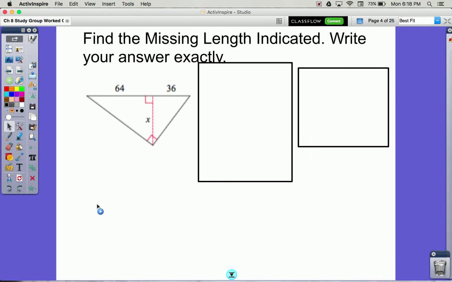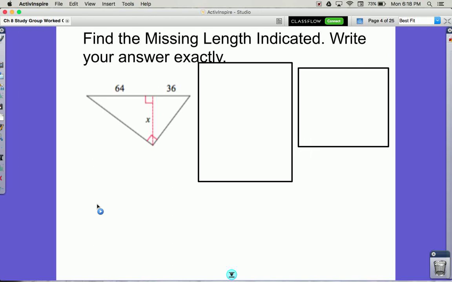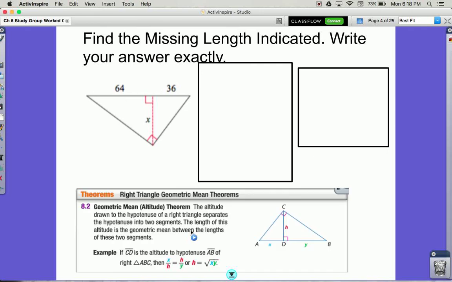On this one, it says find the missing length indicated and write your answer exactly. This is something you guys really struggle with, so I pulled out the theorem that goes with it. It says that the altitude drawn to the hypotenuse of a right triangle separates the hypotenuse into 2 segments, and the length of the altitude, which is x in this case, is the geometric mean between the lengths